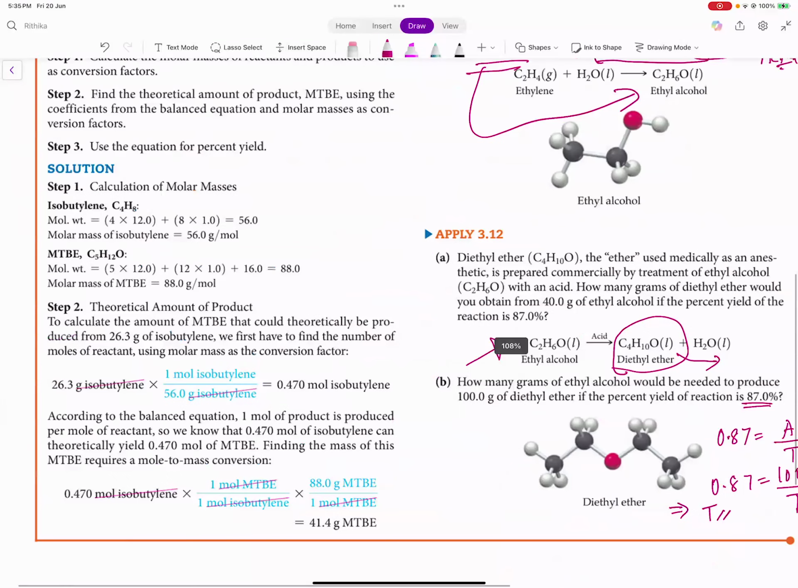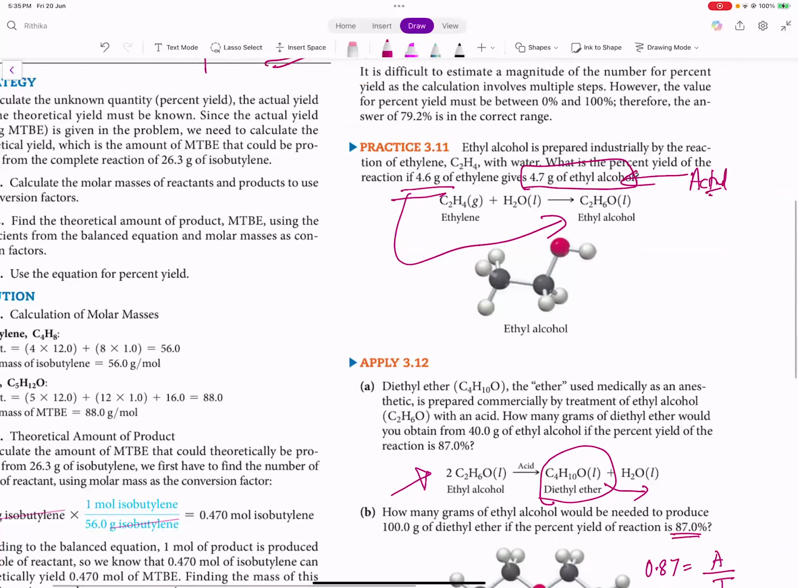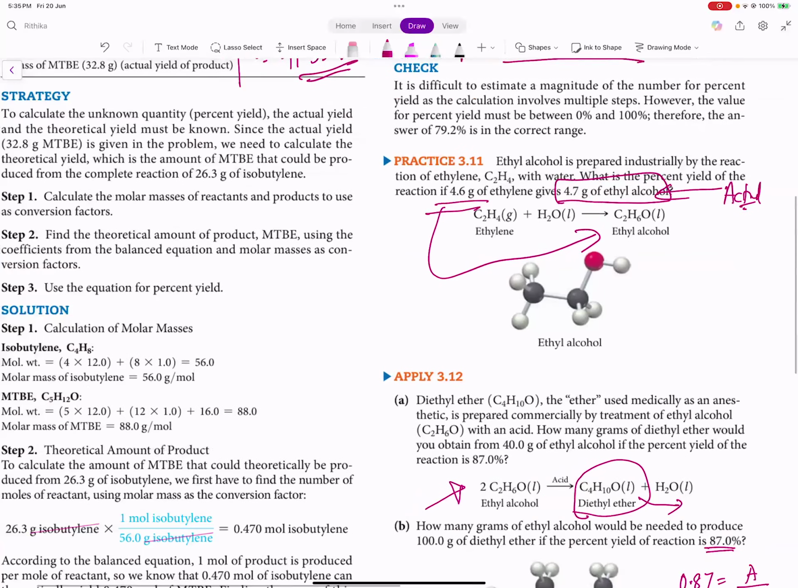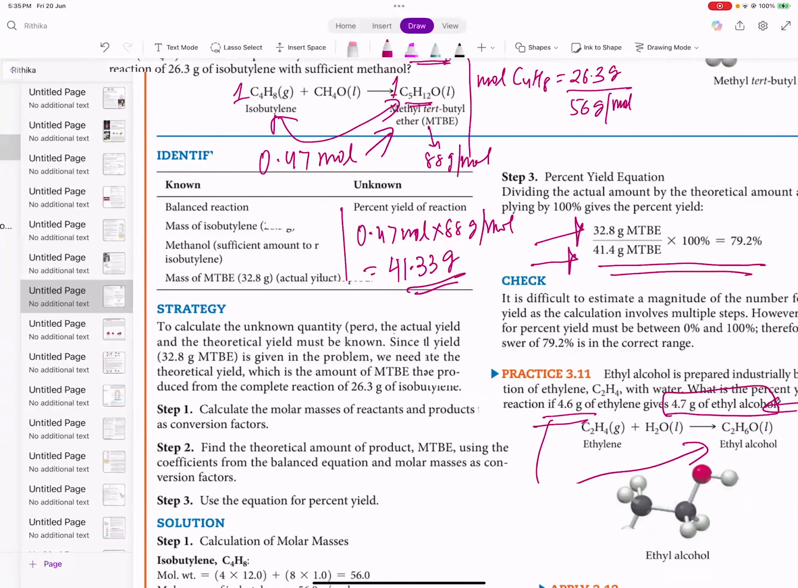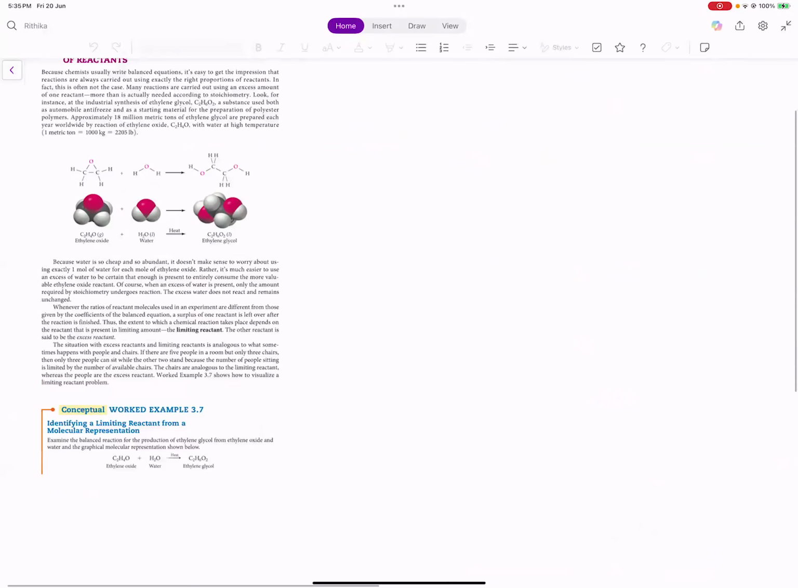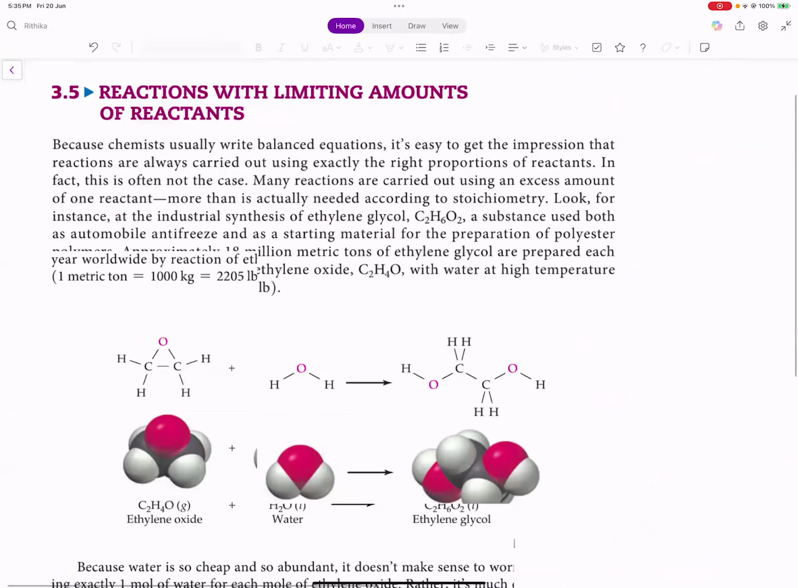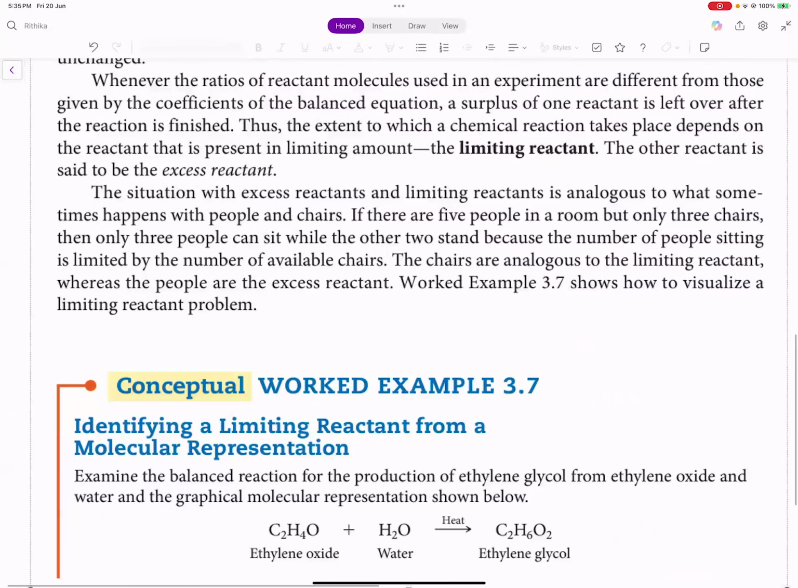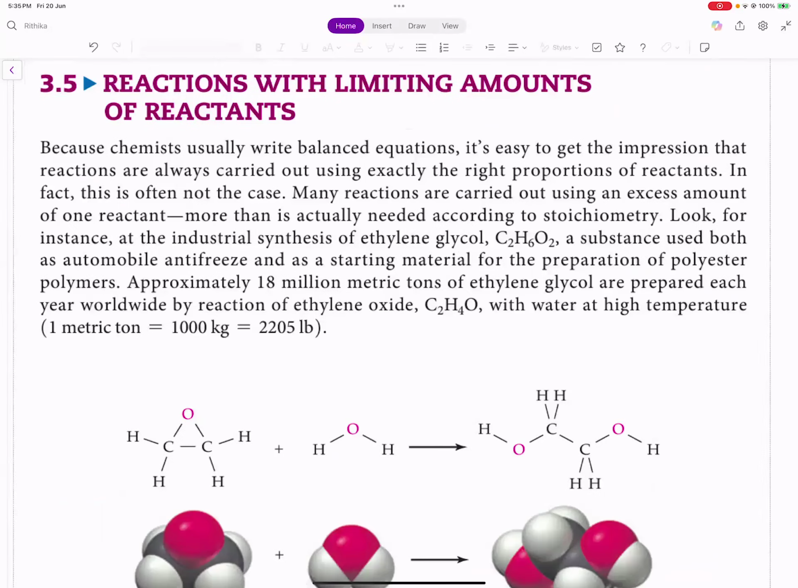Since I'm recording this, you go and revise what it means and all that. Now we are going to do this important concept: reactions with limiting amount of reactants. This is fairly important. So what happens is that